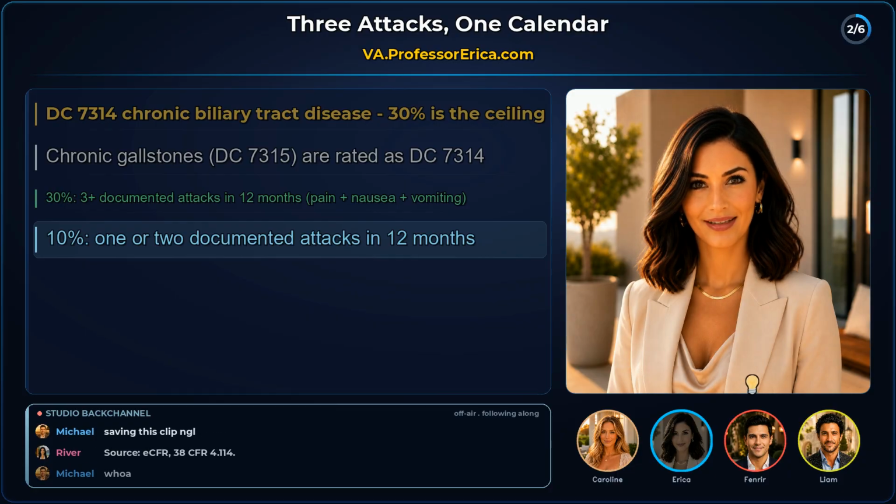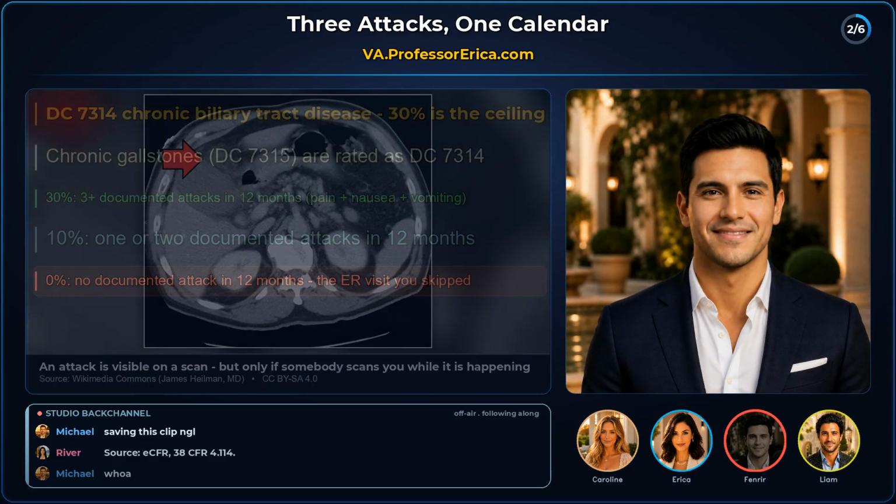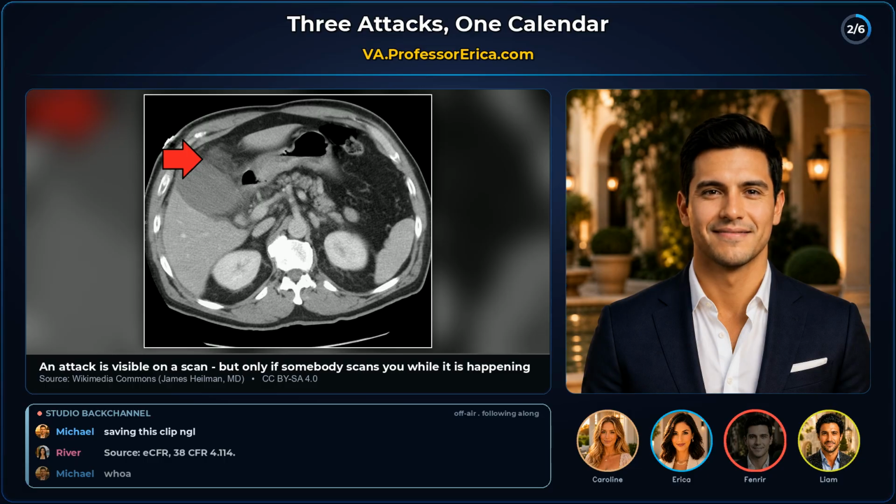3 attacks in 12 months. Hold that number. It comes back before we're done. Then the 0 row is the cruel one. No documented attack in 12 months is 0%, and I'd bet most of you watching had the attack. You wrote it out on the bathroom floor at 2 in the morning instead of driving to the emergency room